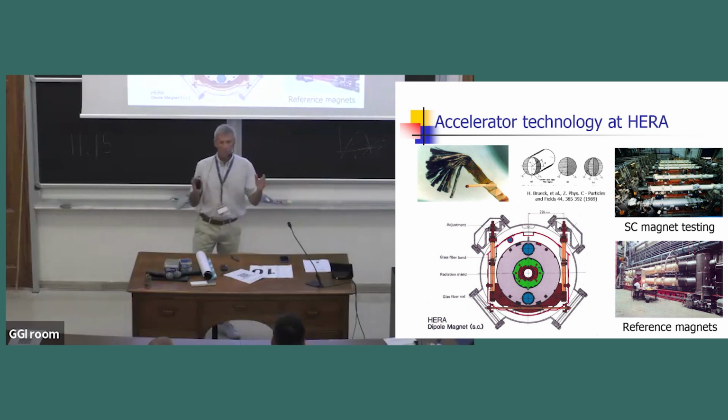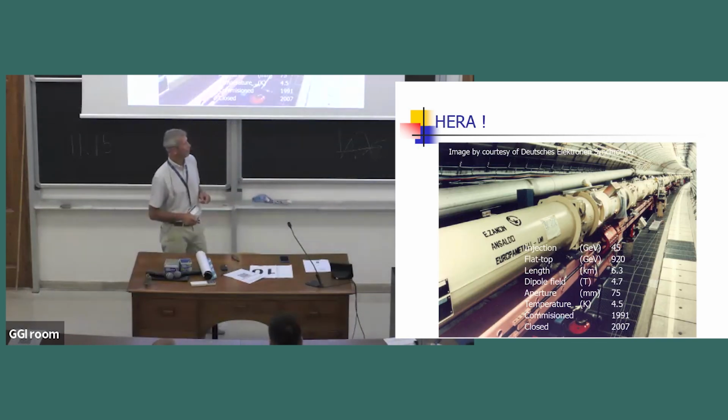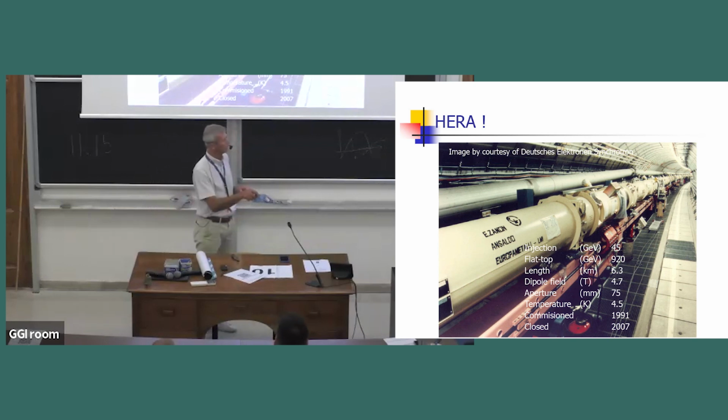It was more compact, and what was especially looked at was the effect of field quality. Okay, there was a lot of concern about field quality in superconducting magnets. There was a lot of work to understand them, as well as reference magnets. So there were two reference magnets for the two families of magnets that were built, feeding data to the controller circuits. So HERA started operation in 1991, closed in 2007, reached also about a TeV, a tera electron volt, in the proton ring. And what you see here is the electron ring underneath. So above is the superconducting machine.